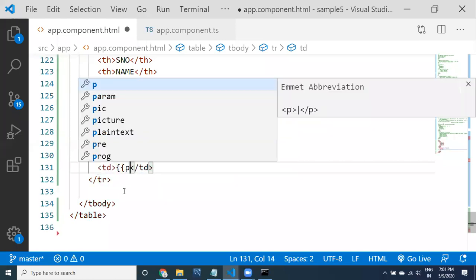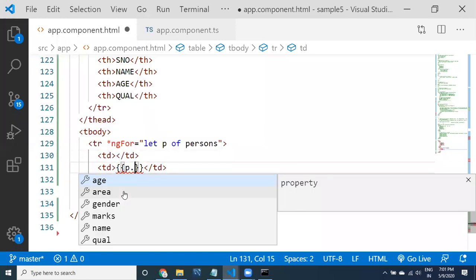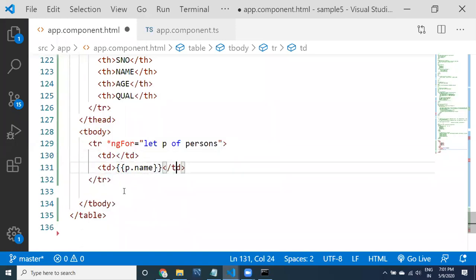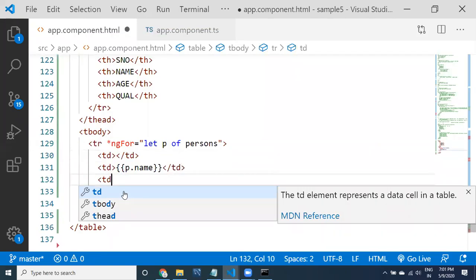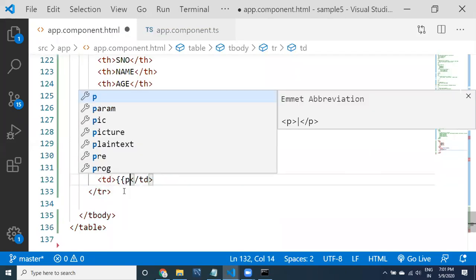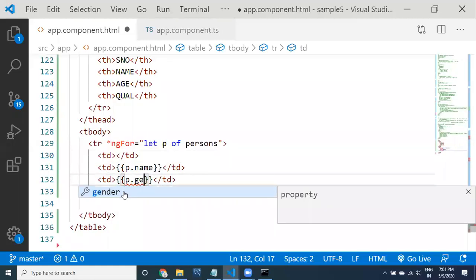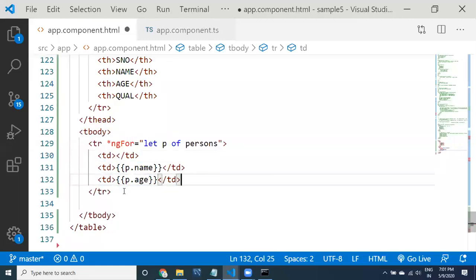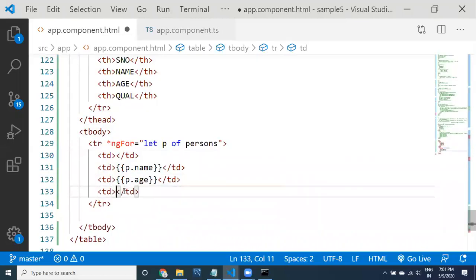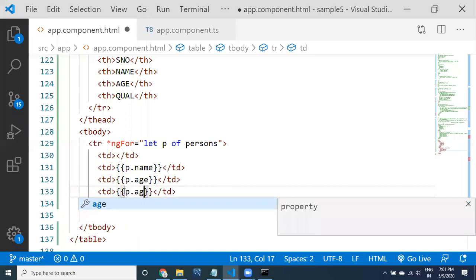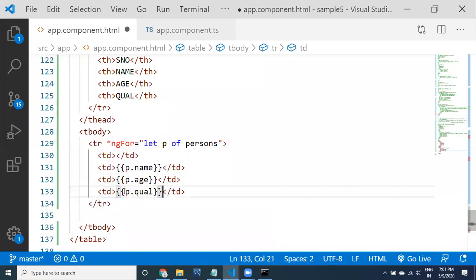Interpolation, p dot name. Interpolation, close this, p dot age. Everybody knows this kind of code already. Interpolation p dot qualification. Fine, we have provided these three things.